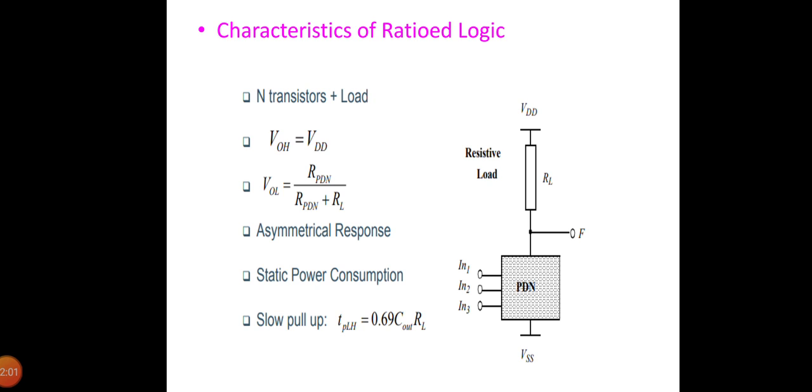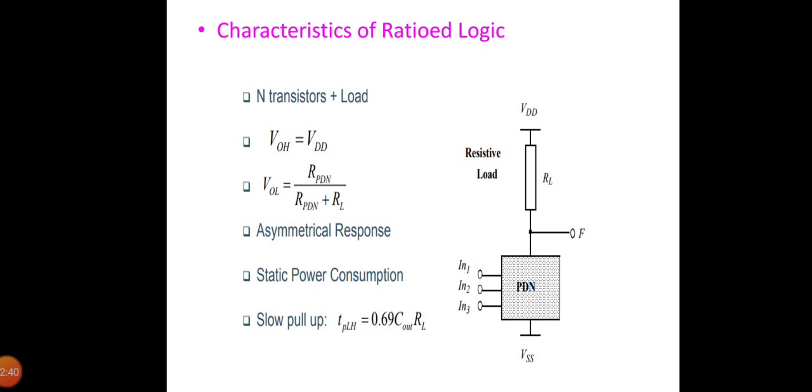The clear advantage of pseudo-NMOS is the reduced number of transistors, that is N plus 1 versus 2N for complementary CMOS. The nominal high output voltage for this gate is VDD, since the pull-down devices are turned off when the output is pulled high, assuming that VOL is below VTH. On the other hand, the nominal low output voltage is not 0 volt here, since there is a connection between the devices in the pull-down network and the grounded PMOS load device. So this results in reduced noise margins and, more importantly, static power dissipation.